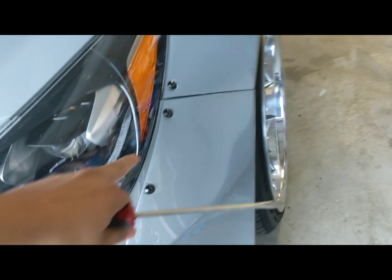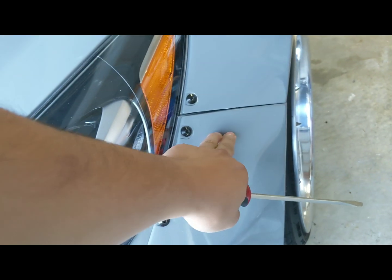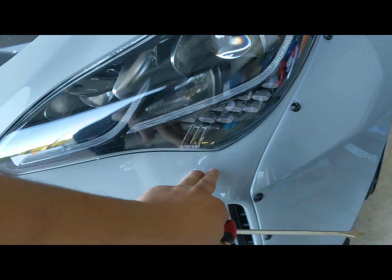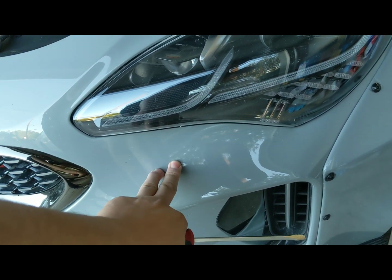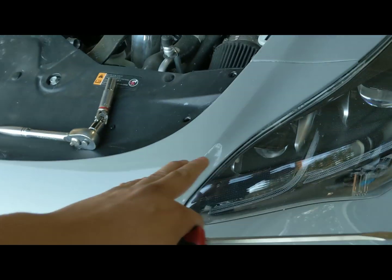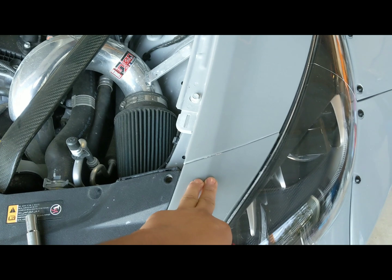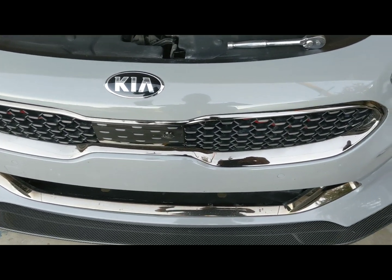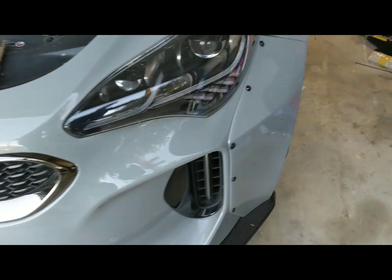That's held on with a couple clips here that kind of pop into place or pop up out of place. There's some clips along the bottom here, so you have to pull out this way, and then here as well. Once you get the bumper off a few inches, you have to remember not to just completely pull it off, because over on this side, I don't think you can see it,